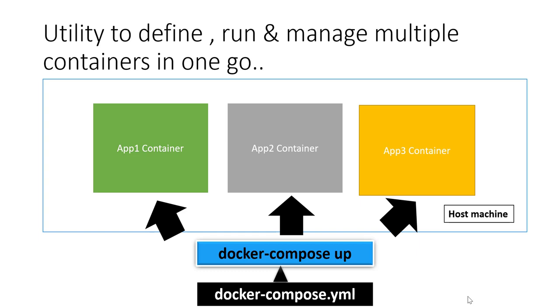So it contains docker commands related to the image you want to have, volume you want to use, network you want to choose, and all that. And it contains list of containers. With the help of docker compose up and docker compose configuration file, we can make all these containers with our chosen configuration up and running. Isn't it a magic? So far we have been running each and every container by adding one more command, right? Docker container run. And here we'll be using just one command.